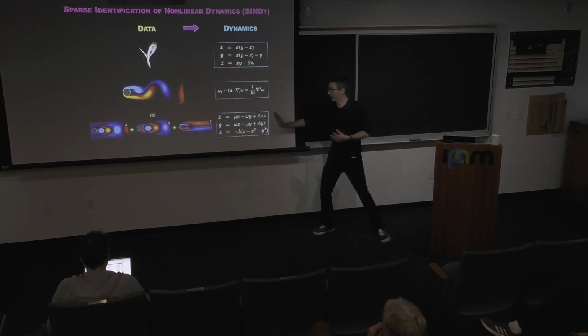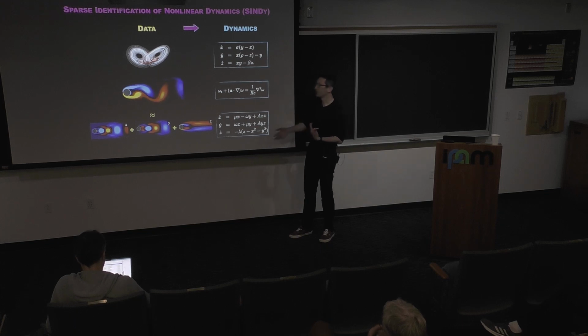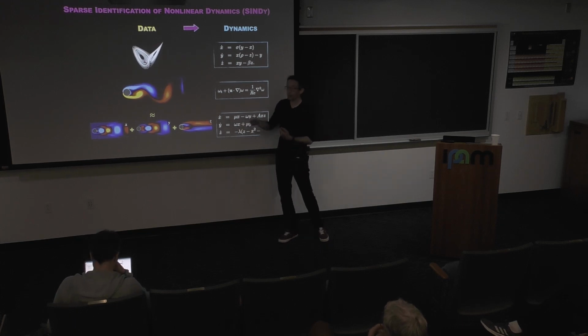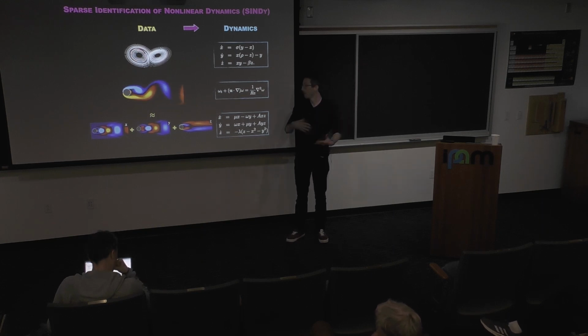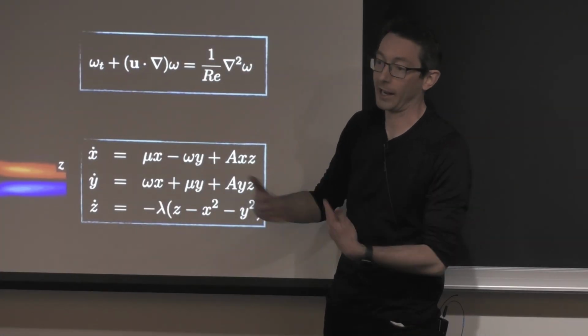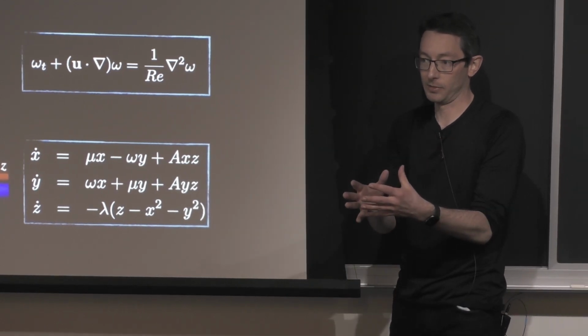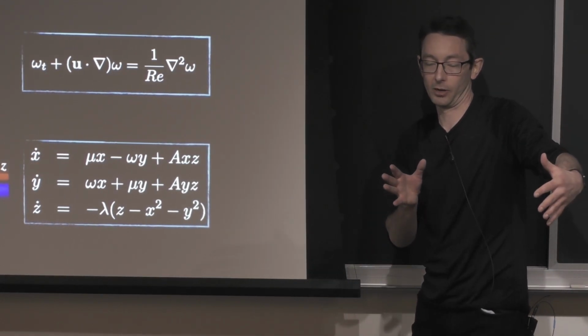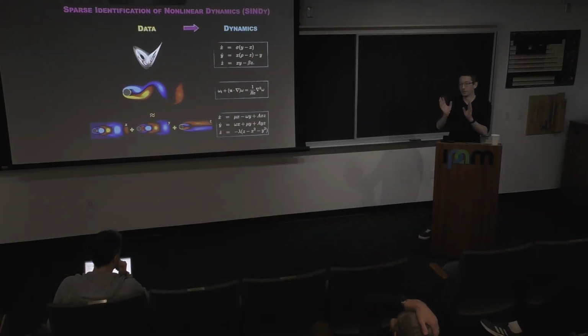Again, you can build in bifurcation parameters to these. So I can build in the Reynolds number. These coefficients depend on the Reynolds number. That makes it more generalizable. Something I didn't show you is I can start with trajectories that are off of the attractor, like different trajectories or controlled trajectories that I have not used for training data. And these models tend to very accurately predict those off attractor. So it's generalizable within that same problem space. If you add in the bifurcation parameter, you can generalize outside of that problem space. So it's kind of a moving target of what we mean by generalizable depending on the problem.